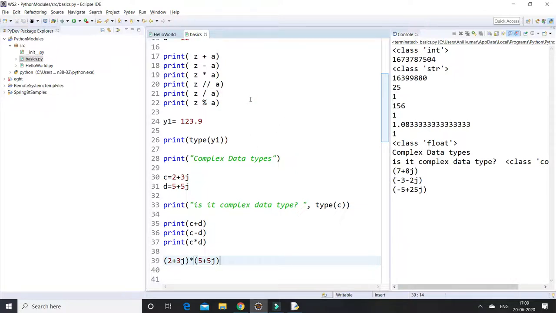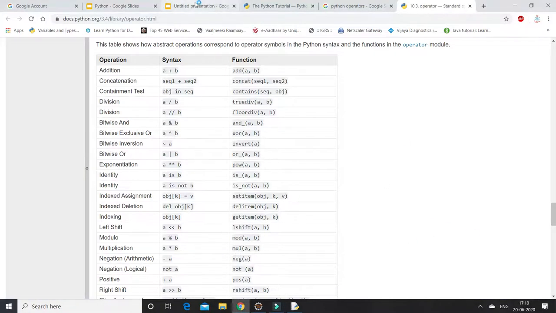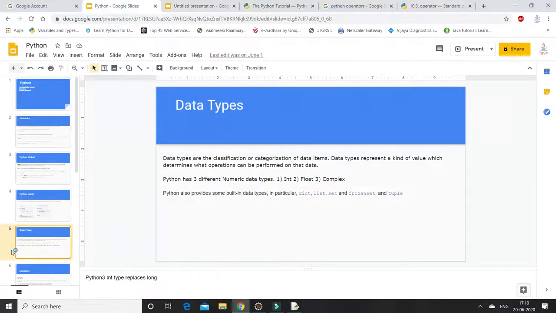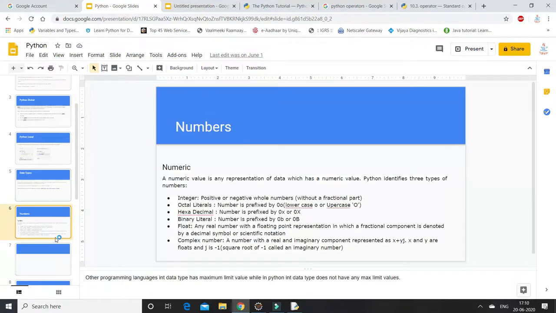Next I am going to show you numeric operations. We can convert integers to octal, hexadecimal and binary numbers.